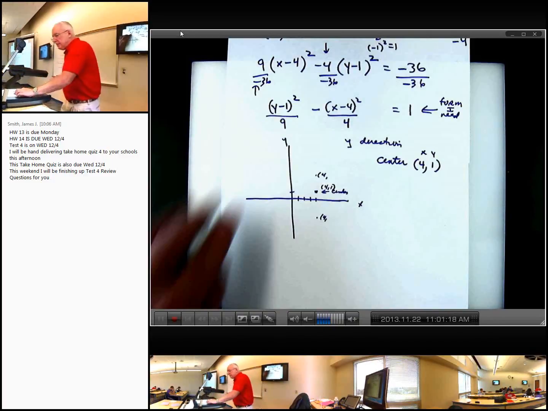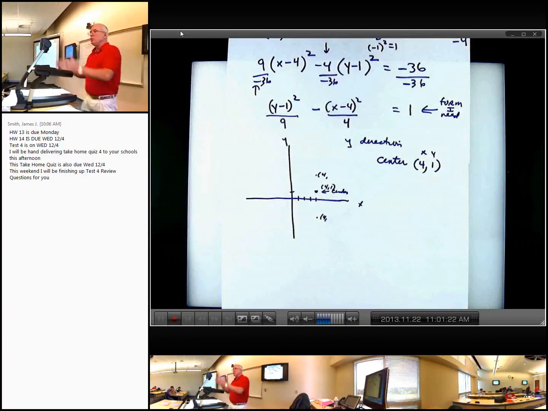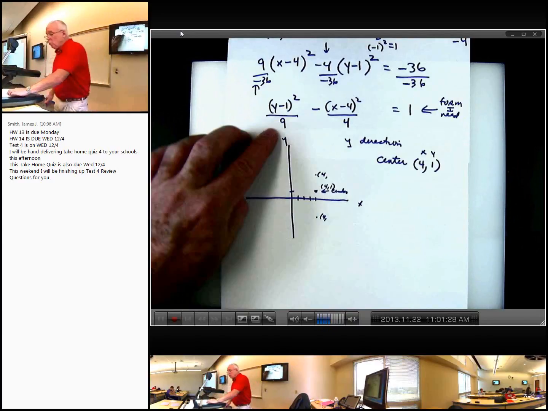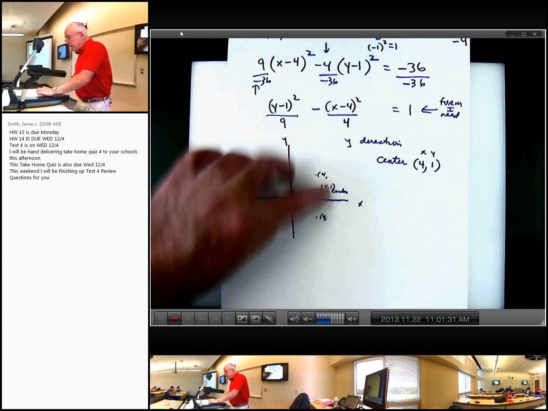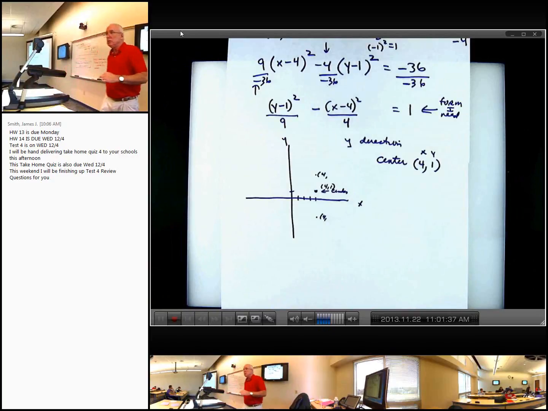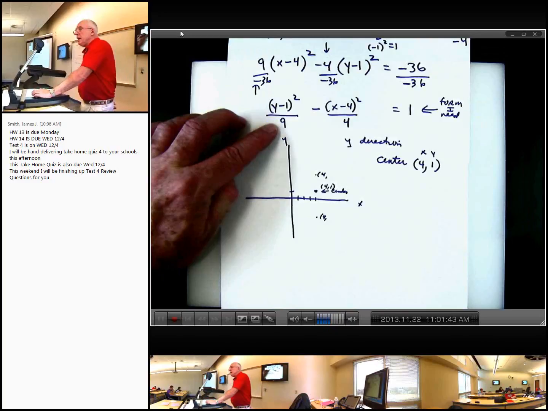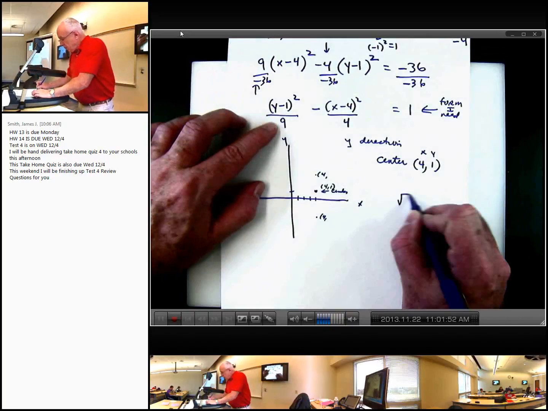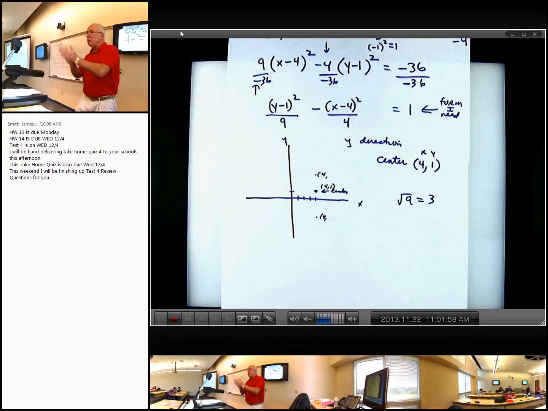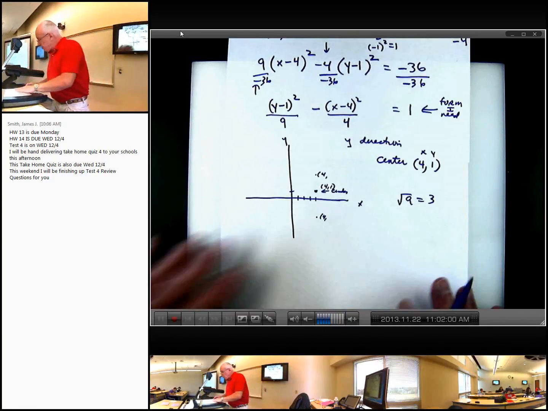Now, but this number here gave us the magnitude of what before was the intercept. So what do I do? I've got a 9 here. Does that mean I add a 9 to the 1 to get my value, or do I do something different? Do I do the 9, or do I do the square root of the 9? I take the square root of that 9, which is a 3, and that's what I'm going to have as my vertices up and down. Remember before,